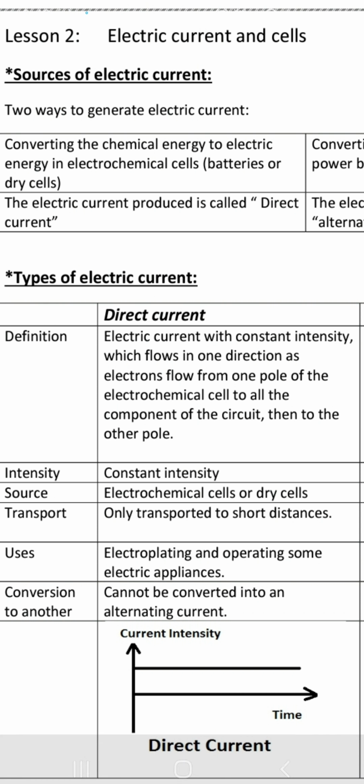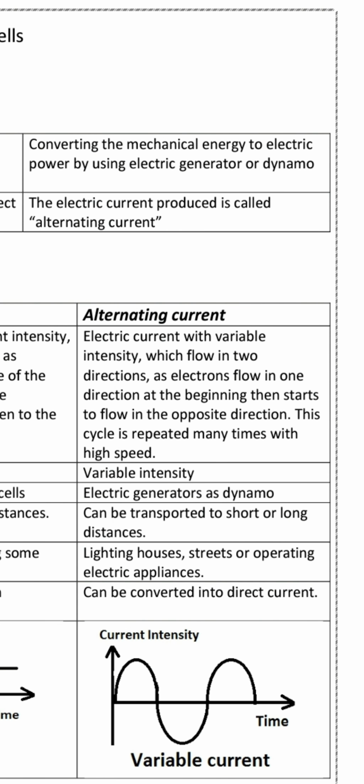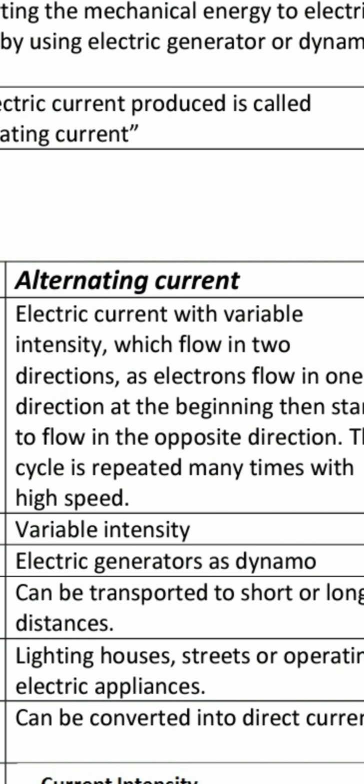So the direct current has less uses in our life because it can be transported only for short distance. You cannot transfer it to alternating current. It is used only in some uses like electroplating and operating some small devices like the toys or the clocks or the laptops or something like this. Now we can move to the alternating current. The definition of the alternating current